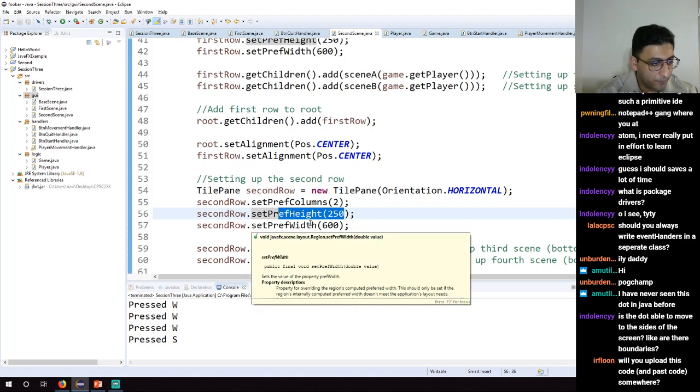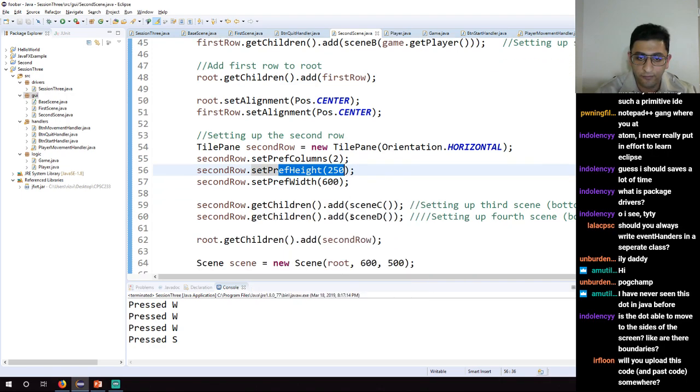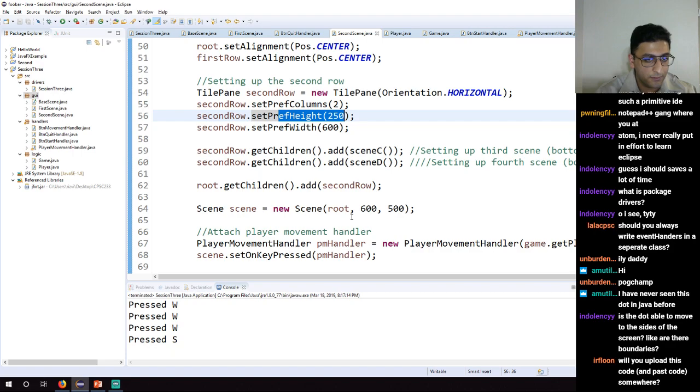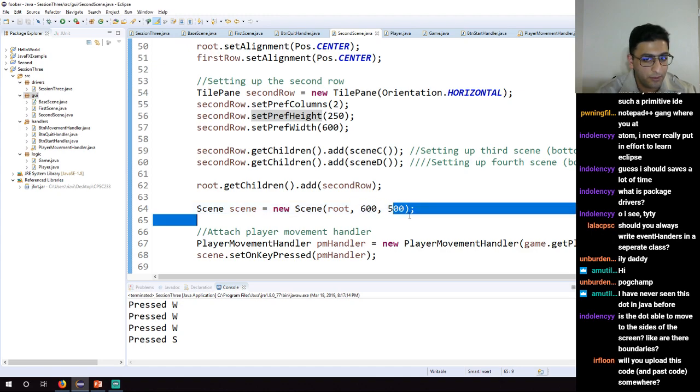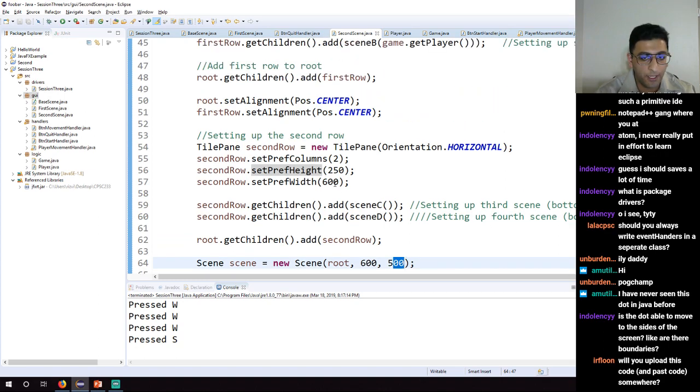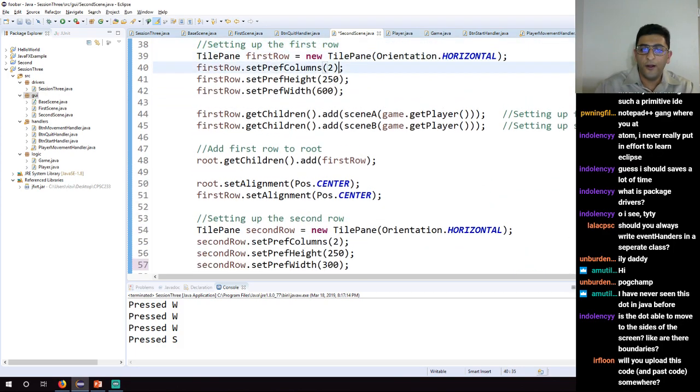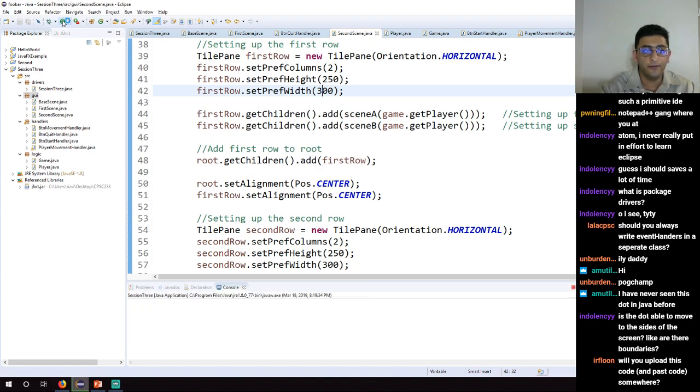Let's see. Preferred height is supposed to be half of this value. This is 500 value. So this is supposed to be width 300. The height is 500. So that's what I have on my code here. Oh, I think I know why. This is actually supposed to be 300, not 600. But I think it's the height of each panel as compared to the height of